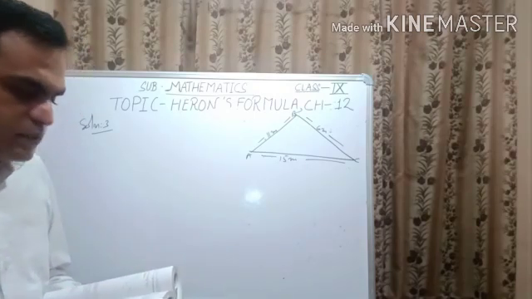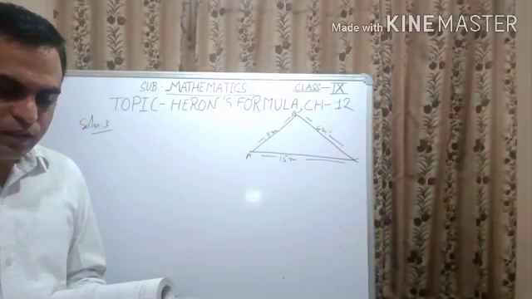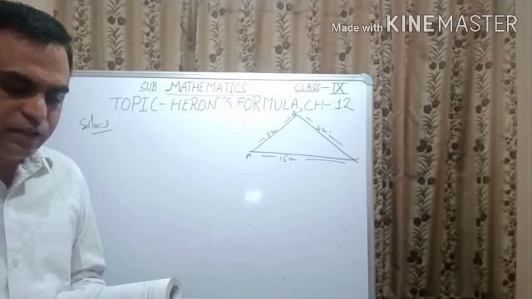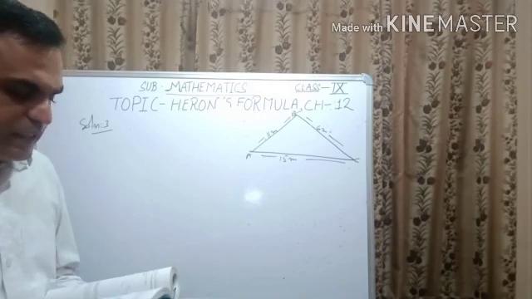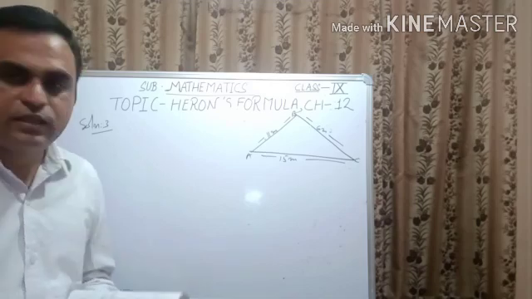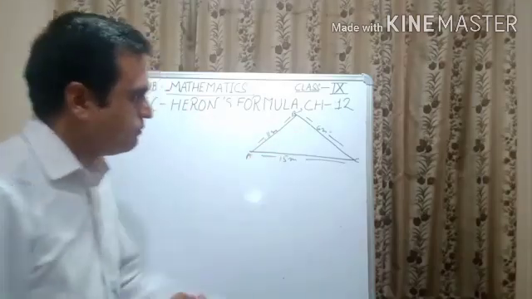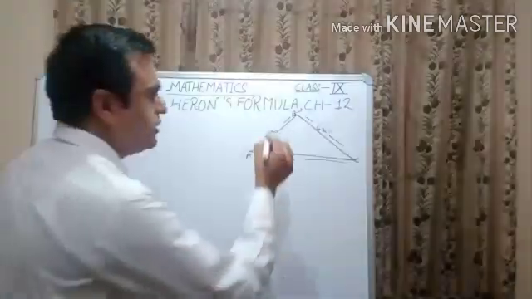I am reading the question. There is a slide in a park. One of its side walls has been painted in some color with a message, keep the park green and clean. If the sides of the wall are 15 meter, 11 meter and 6 meter, find the area painted in the color. Now we have to find the area. In the middle we have a message written,